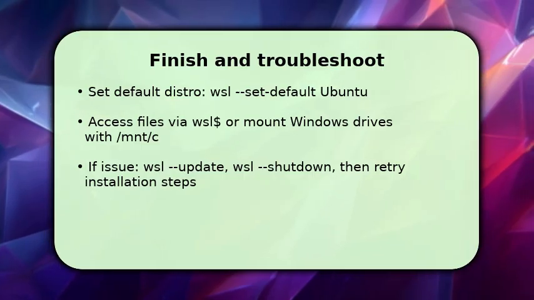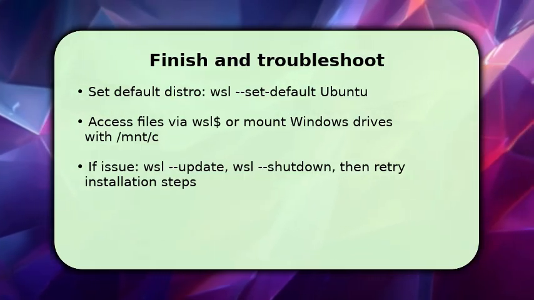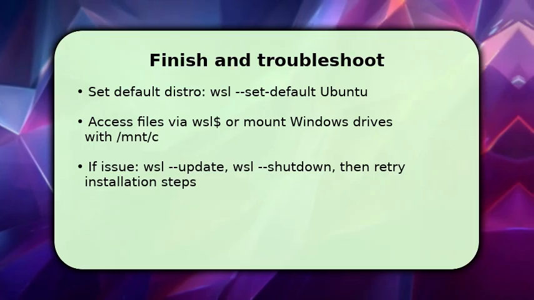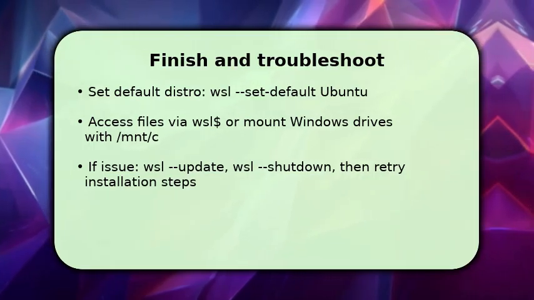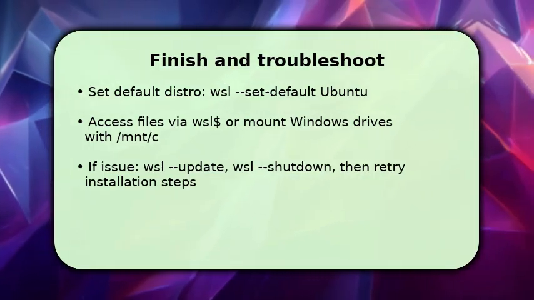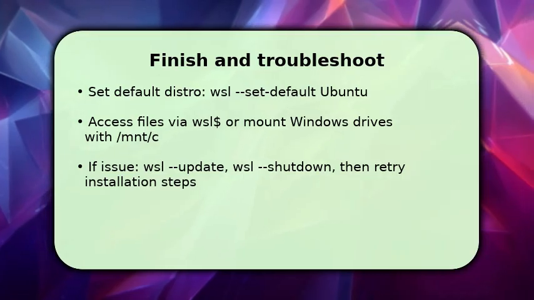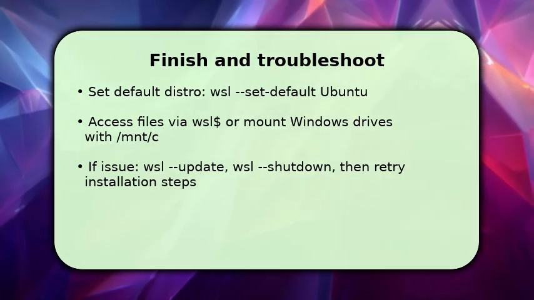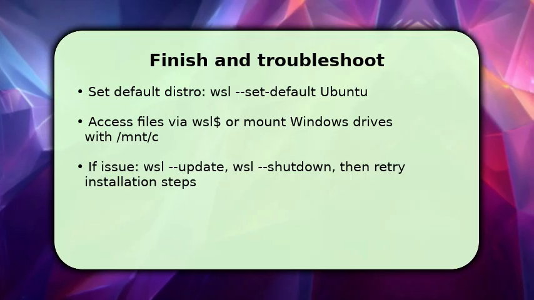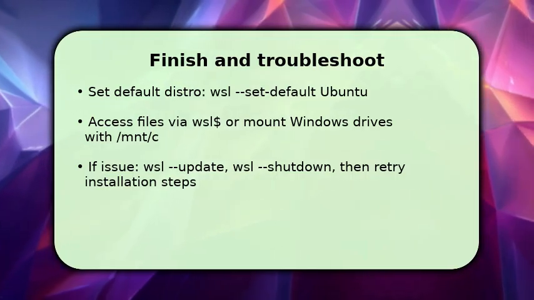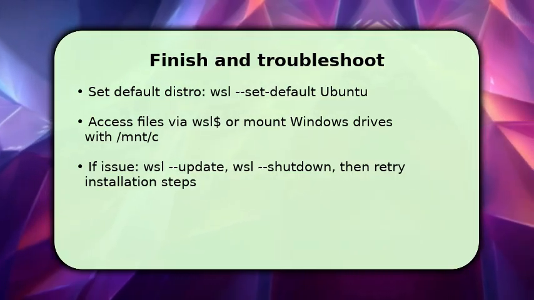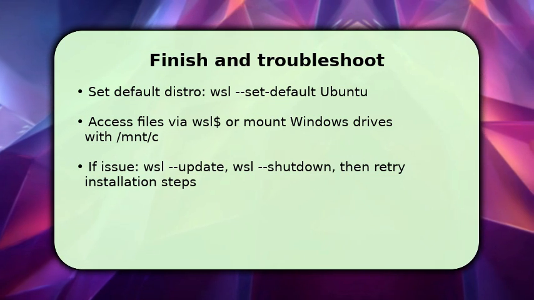Access Windows files under /mnt/c or from Explorer via \\wsl$ to move work between systems. If something fails, run wsl --update to refresh the kernel, then wsl --shutdown to restart the subsystem. Retry any failed installs. One key troubleshooting tip. If networking or package installs fail,